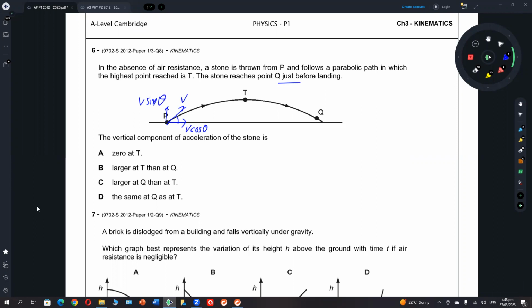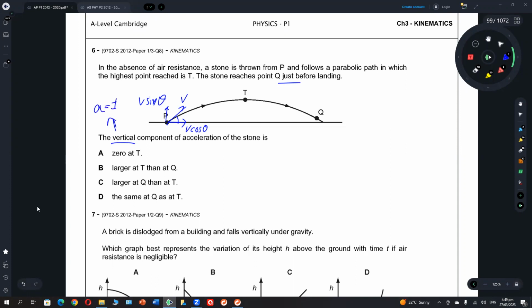Velocity has two components, acceleration has two components, displacement has two components. What are those two components? These are horizontal and vertical components. Everything has two components, horizontal and vertical. He's asking for vertical. Vertical component means they're talking about